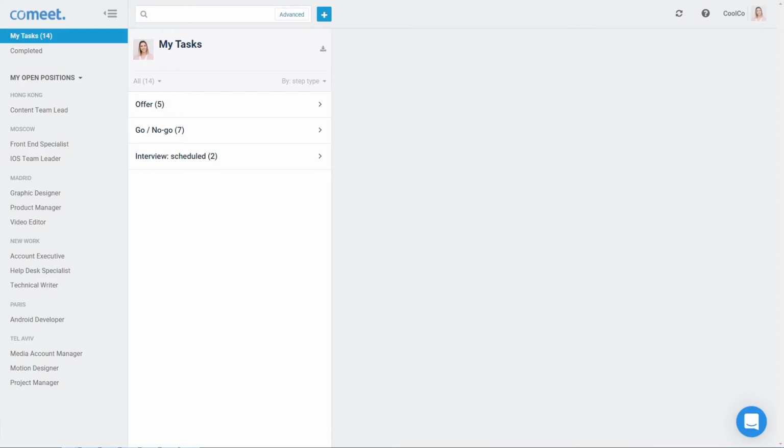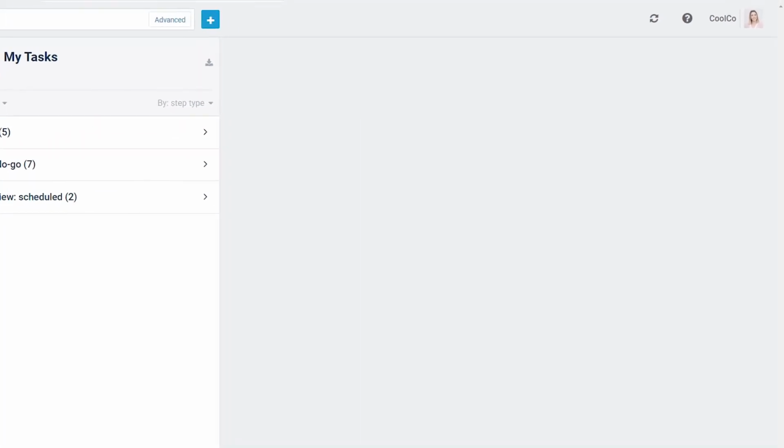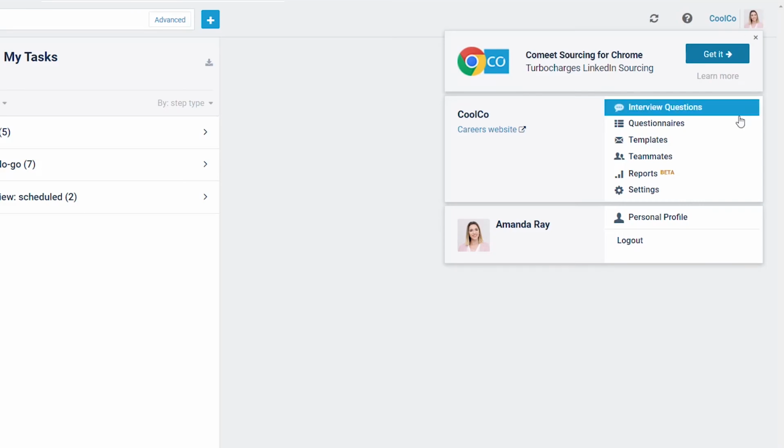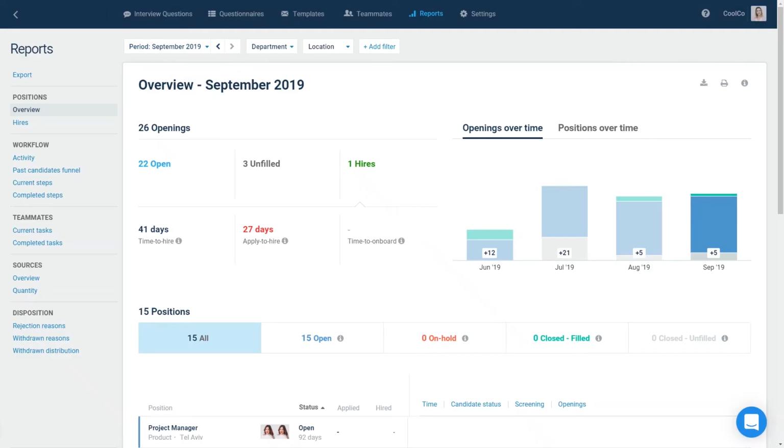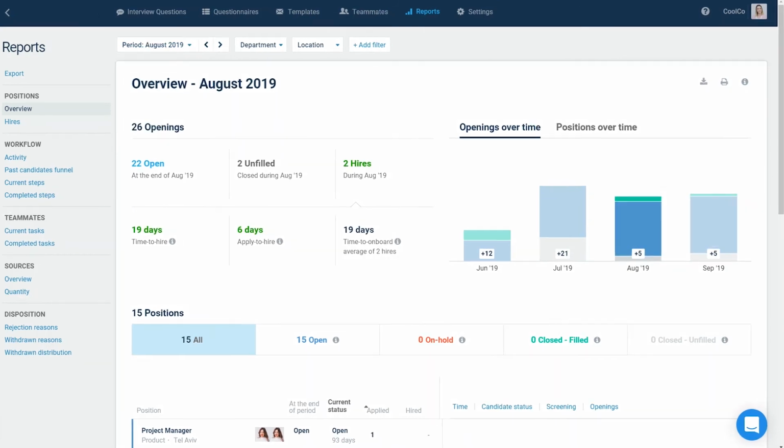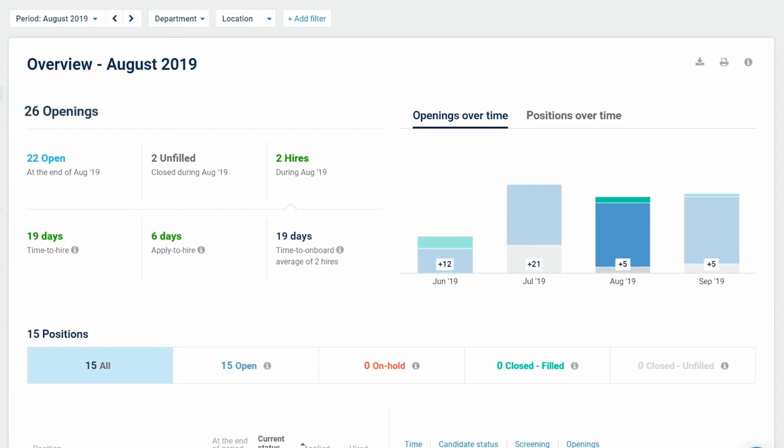Step 5. For reporting purposes, you can track your openings and positions over time. Click on your company name at the top right and select Reports. In the Overview report, choose the time period you would like to review, and you will see the total number of openings which were open during the selected time period, the number of open, closed, unfilled openings, in addition to